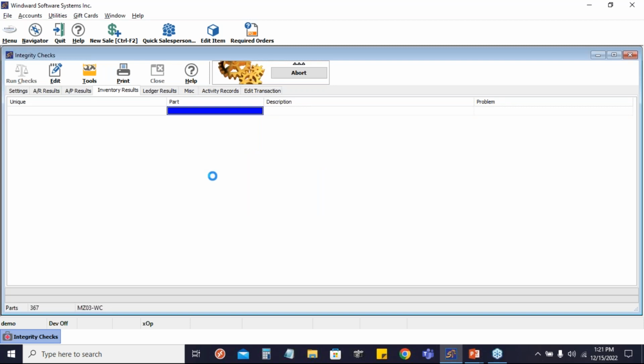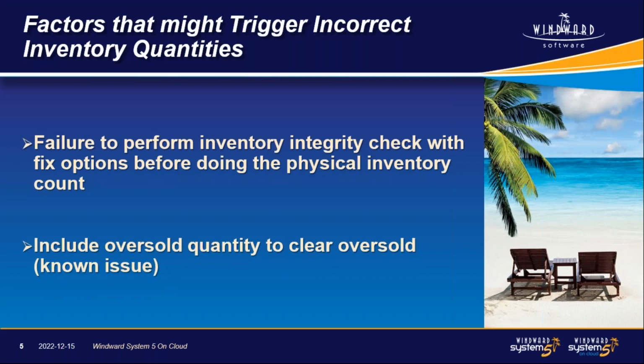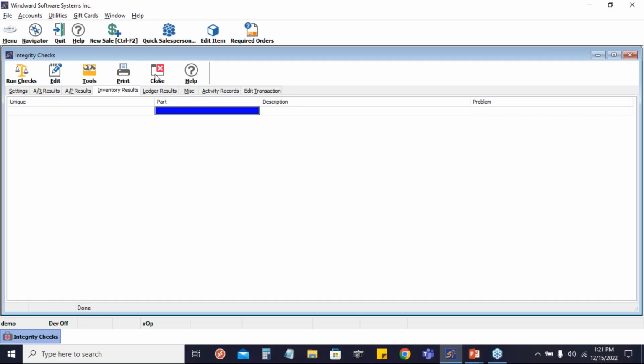All right. So next factor is this: include oversold quantity to clear oversold. This is still an ongoing issue, and our programmers are still working on this. So this is just for your awareness. Let me show you what the issue is. Okay, let me close this,